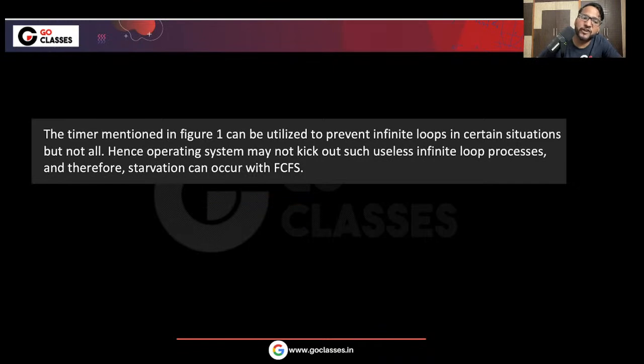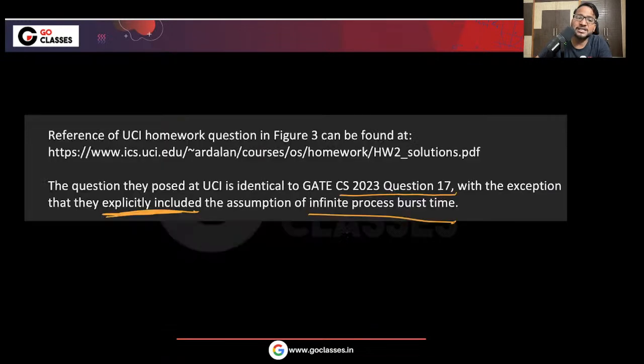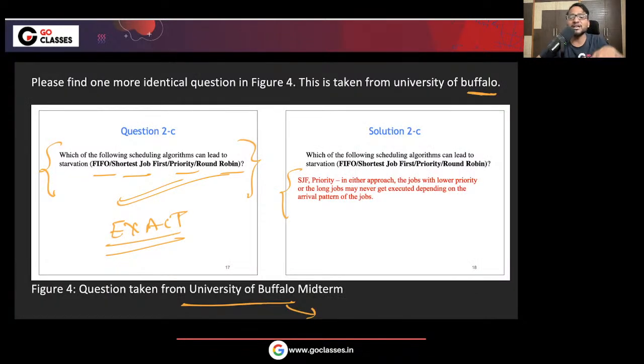So basically, starvation can occur, but you should have an assumption with you. We need to assume that the jobs being submitted can or cannot have infinite time, and we should know this beforehand. If we do not know this, then by default everyone is assuming finite time. Everyone is assuming finite by default, so that is why we will also assume it is finite.